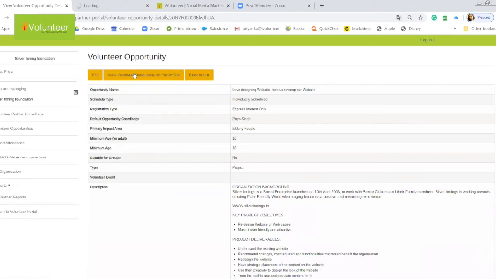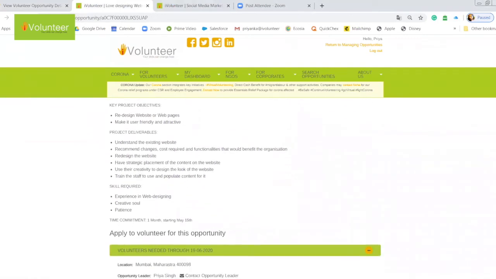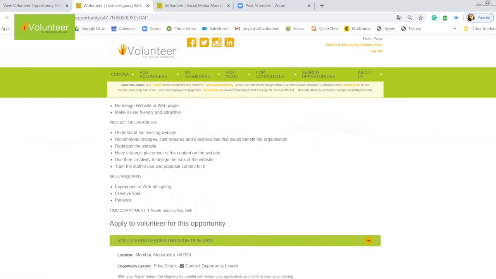I want to see how it will look on the public website. So I clicked on this page and here it's opening. And this is how it looks on the website page. So I get the exact feeling of how the volunteer will see it.